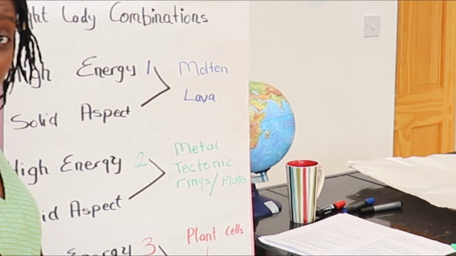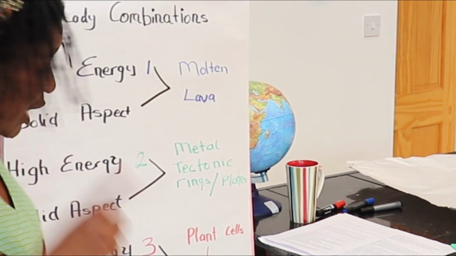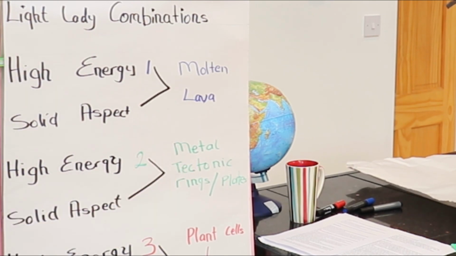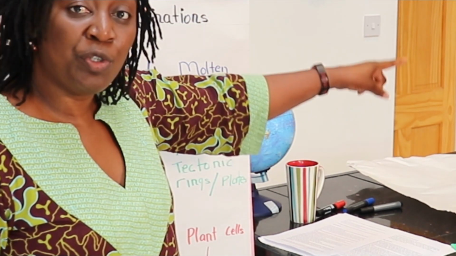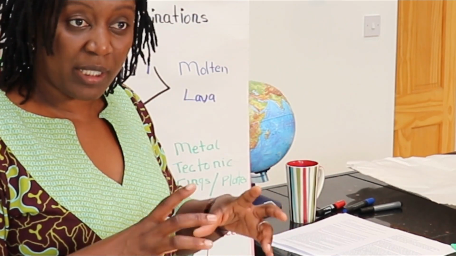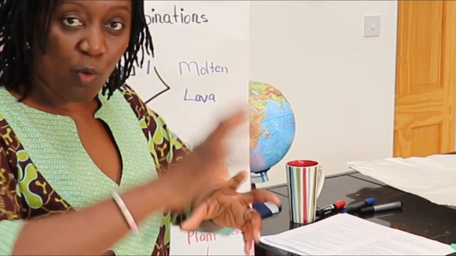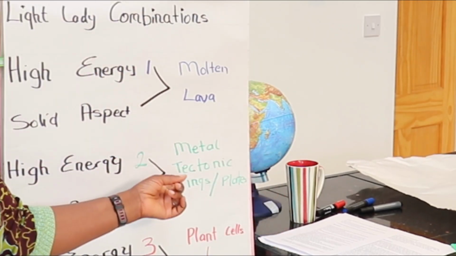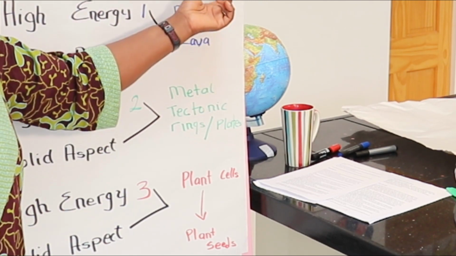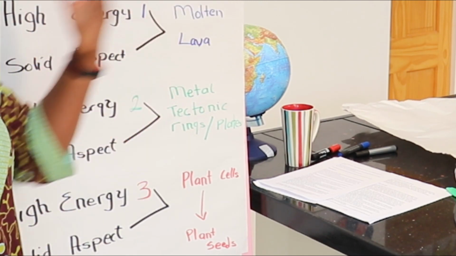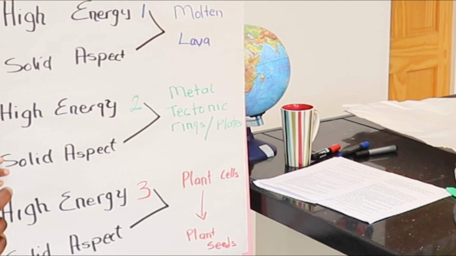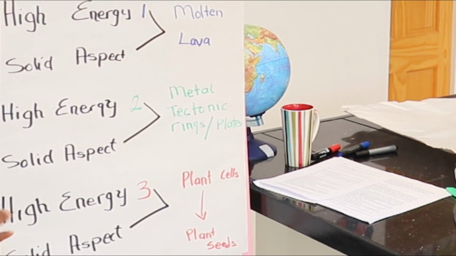Again, with Gaia and the solid aspect, she makes tectonic rings and tectonic plates. So I'm talking about using tectonic plates over the magnetic forces, the black holes and the white holes. That was created by the Light Lady, consciousness G, with the solid aspect. And then again, she also made